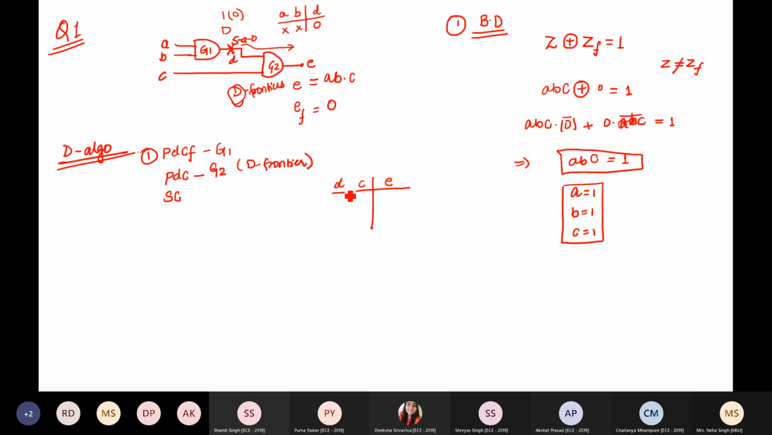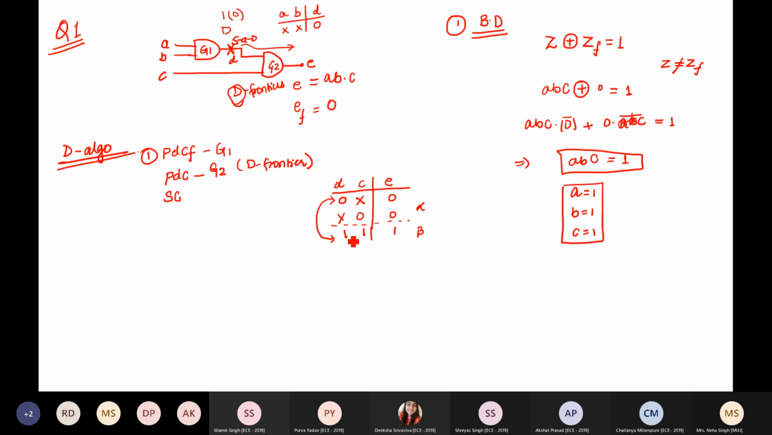what was the singular cube of the AND gate? 0x gives you 0, x0 gives you 0, and it is only 1 1 which gives you 1. So now I consider this part as alpha, this part as beta, and I take the Roth intersection for each of the elements,